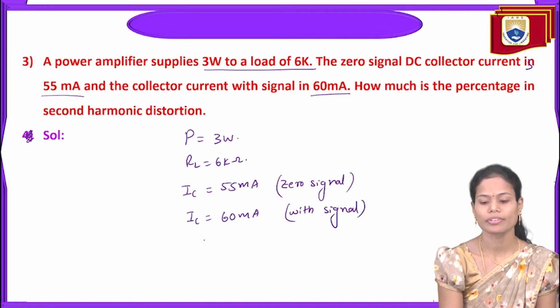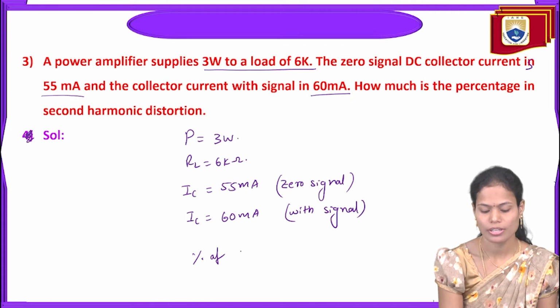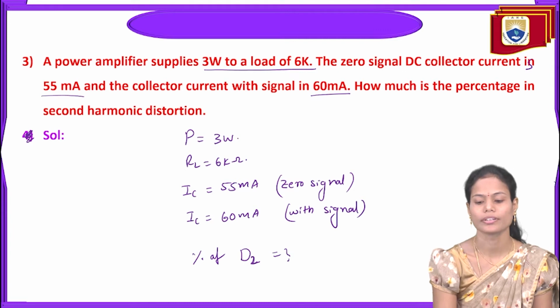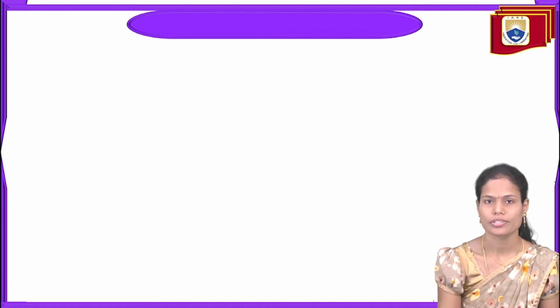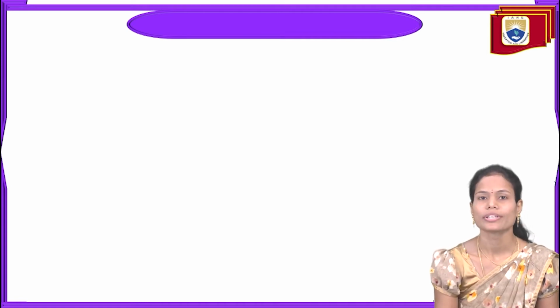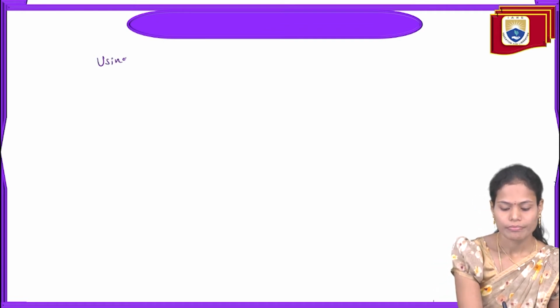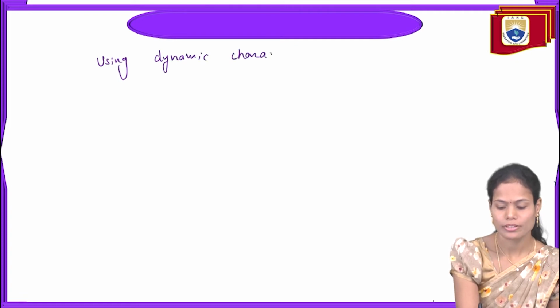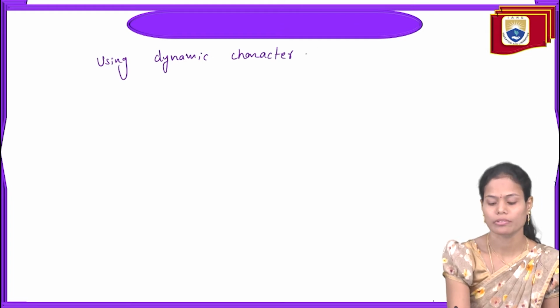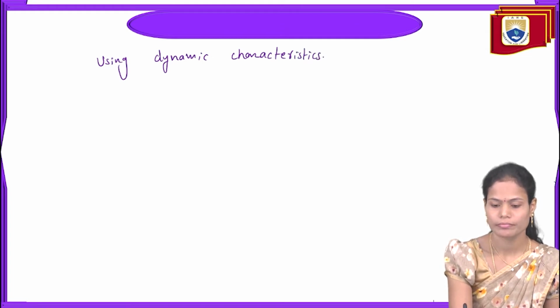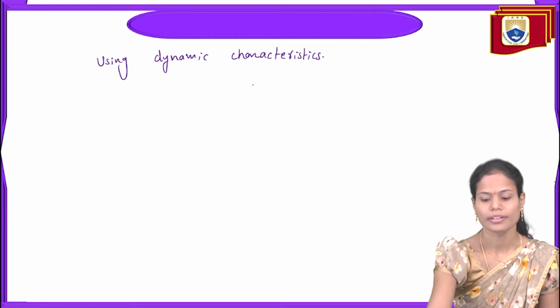Okay. So here we need to calculate the percentage of second harmonic distortion D2. We are representing the second harmonic distortion with D2. To calculate it, we have to take the dynamic characteristics of the power amplifier. These are already discussed in the theory concept of power amplifiers. So from this we can write it as